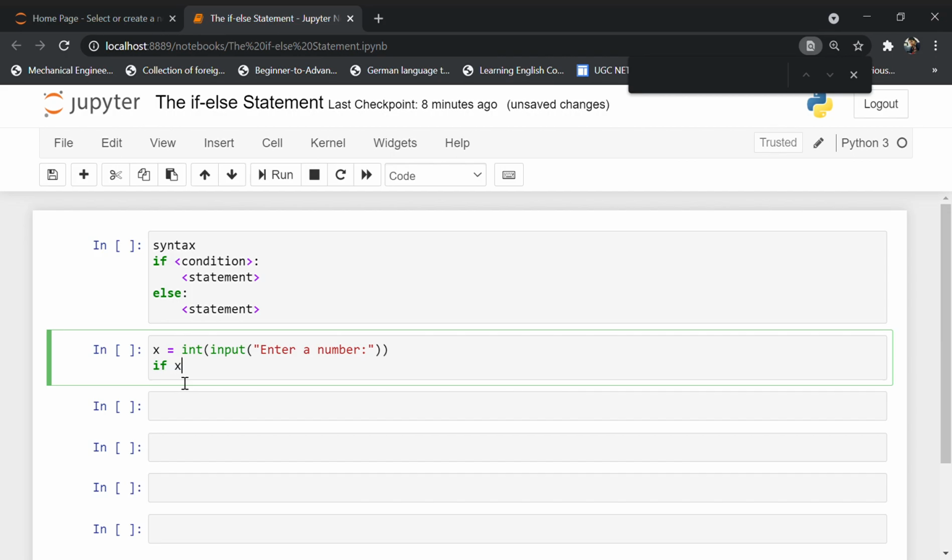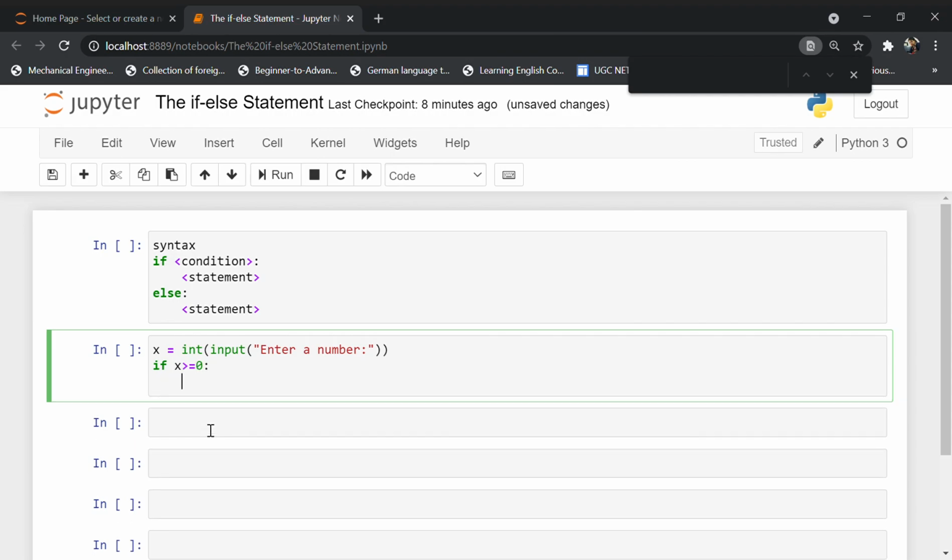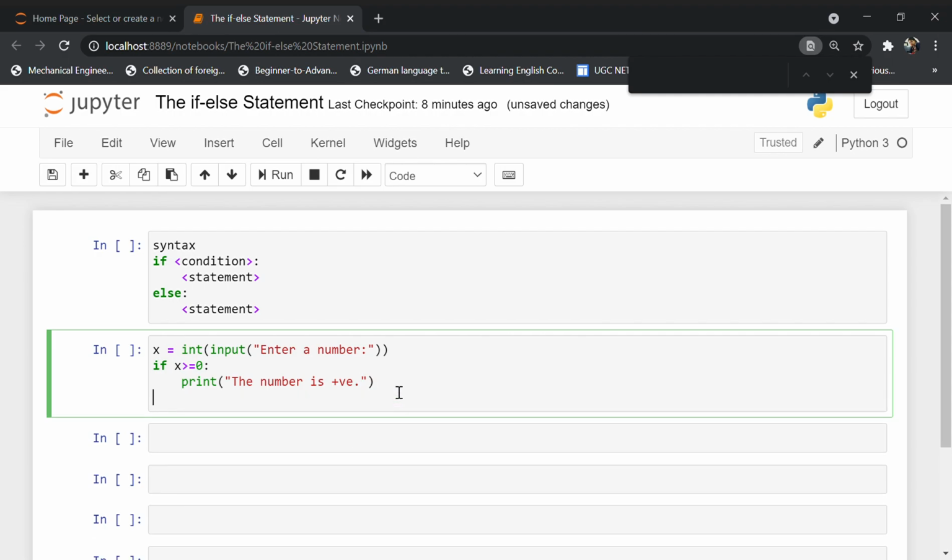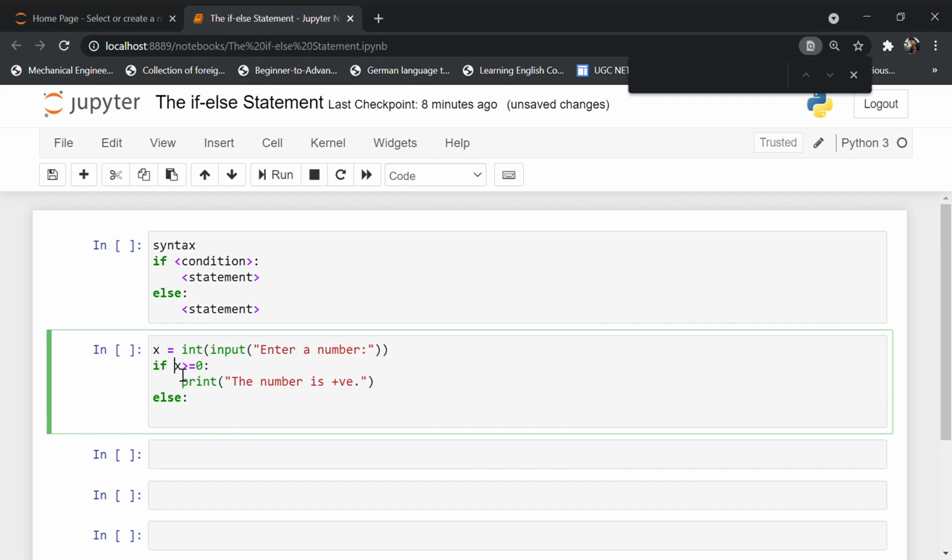We have to mention x is greater than or equal to 0 colon. Now we can give the output, the number is positive, or you can write any statement over here. And in the else block, apart from all these conditions, whatever the number is, it is going to be negative. So the else block will show the number is negative, right?